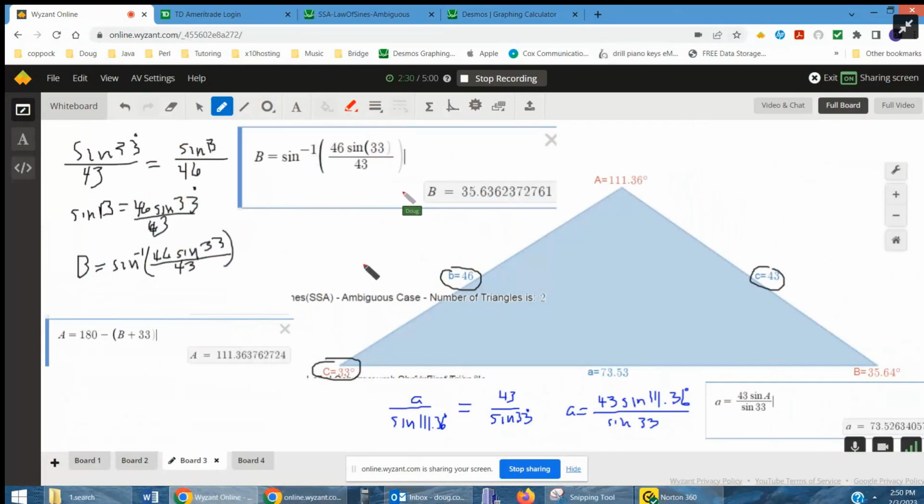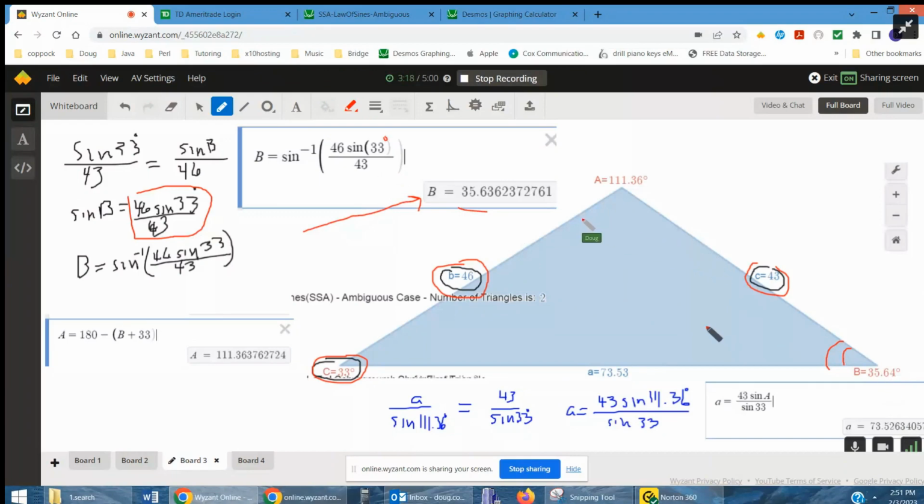Okay, here's one triangle, which we start this way. We know the side opposite an angle that we are given. So the sine of 33 is to 43 as, well, we've got to find angle B first, because it's opposite the other side that we know about. So as the sine of B is to 46, solve for B. And you can see I multiplied both sides by 46, then took the inverse sine of this expression, and there's what it is right there. The inverse sine of 46 sine of 33 degrees divided by 43